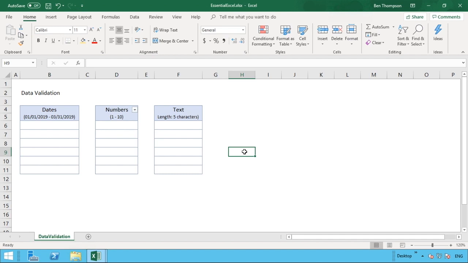In this video we're going to be looking at data validation. If you've seen one of our earlier videos, we use data validation to give us a drop-down list in Excel. We'll put the link to that video on the screen now because in this video we will not be looking at lists. But if you need to put a list into your worksheet, you can check out that previous video and that'll give you everything you need to get